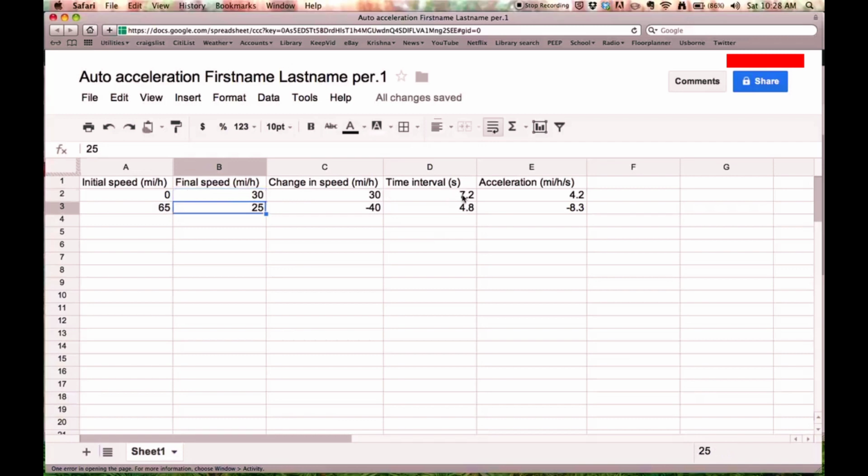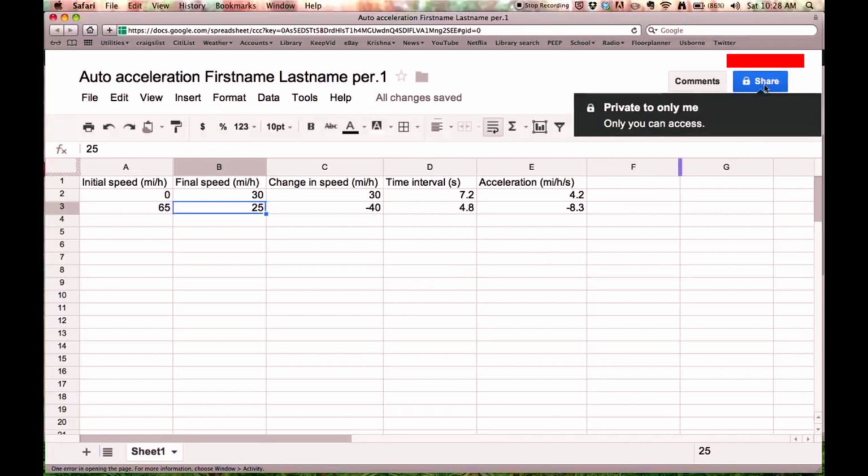Okay, so it will automatically save your work as you go, and you're going to need to share this with me so I can see your work. And the way you're going to do that is go to the share,